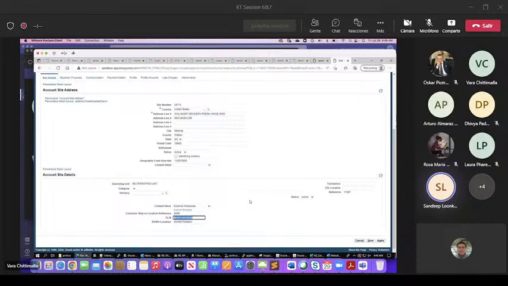Wherever Walmart or Albertson, whichever customer, needs their order to be dropped, they send that particular location's GLN information, which we are storing at the customer ship to site address level. That's how the program knows that we need to book an order for this